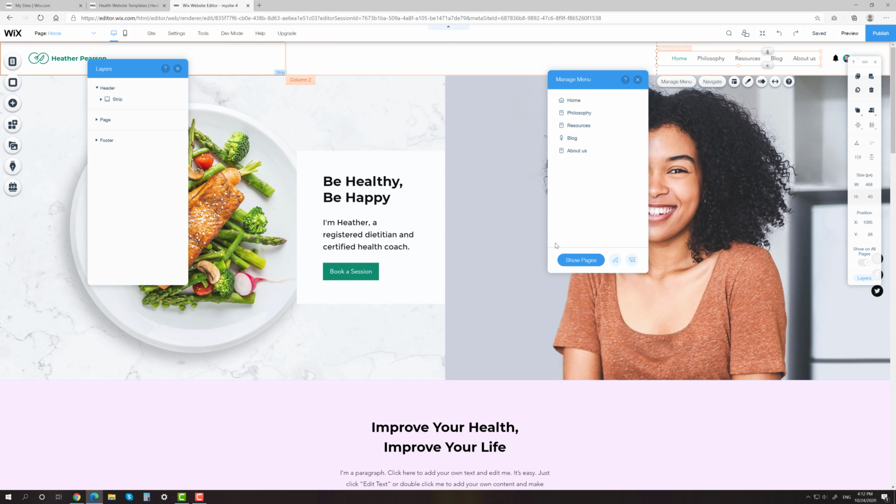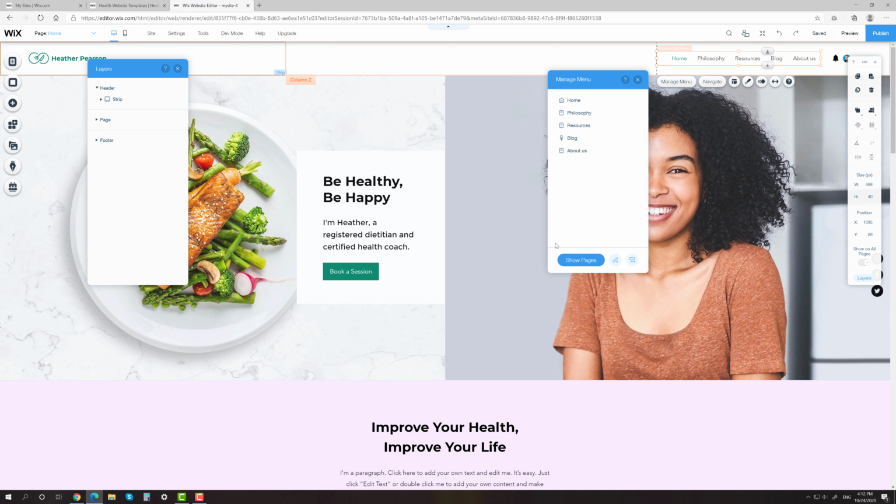Now let's try to add an anchor link. First of all, for those who have never heard of this type of link, I would like to explain what it is and what it's used for. Unlike a regular one, an anchor link takes the user not to another page, but to a specific point on the same page. That can be very useful, for example, on a long landing page.